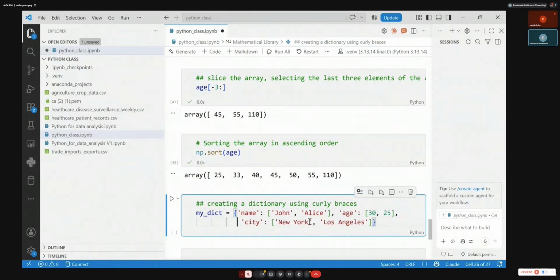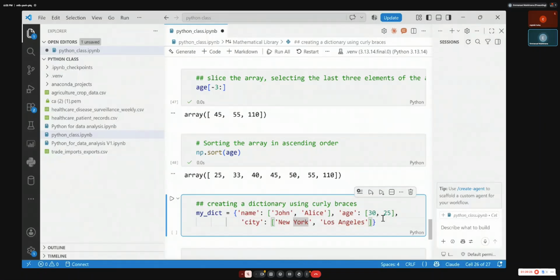So now the city is no longer just New York, but you have two cities, because if one key has two values, of course the rest of the keys need to have the corresponding values, because every person needs to have his city, his name, and age. So they might be three. You can still add a comma, adding another person. If you need to add Muhammad, you can add a comma and add Muhammad. To add age, comma and add another city. So now it's going to be a dictionary of many values. One key, many values.